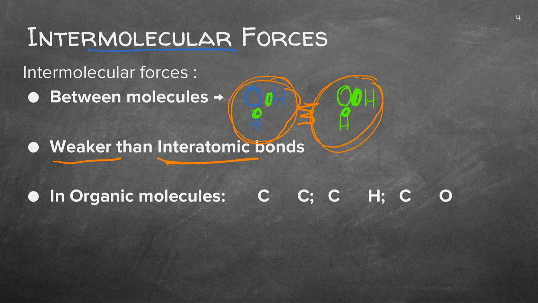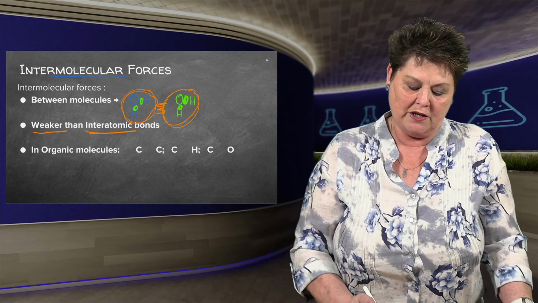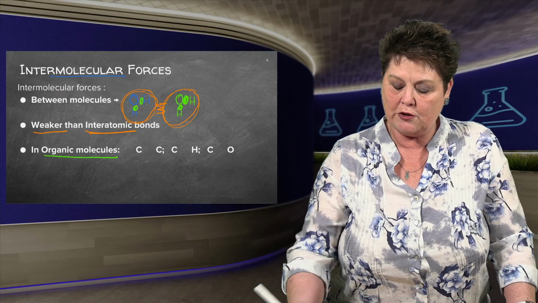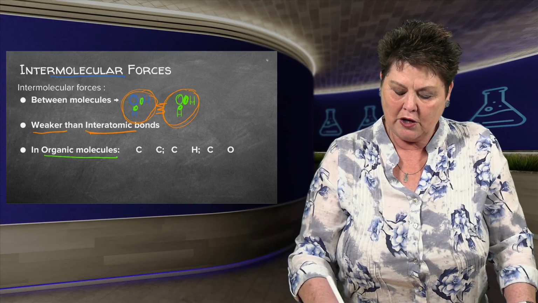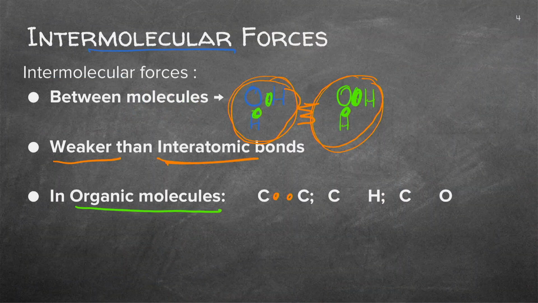The ones that we're going to work with in organic chemistry are the organic molecules. So we're going to have a look at the covalent bond between one carbon and another carbon, the covalent bond between a carbon and a hydrogen, and the bond between a carbon and an oxygen. So these are the covalent bonds that you'll have to know. Now let's